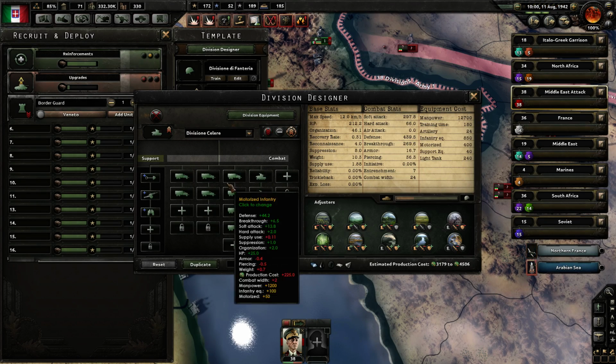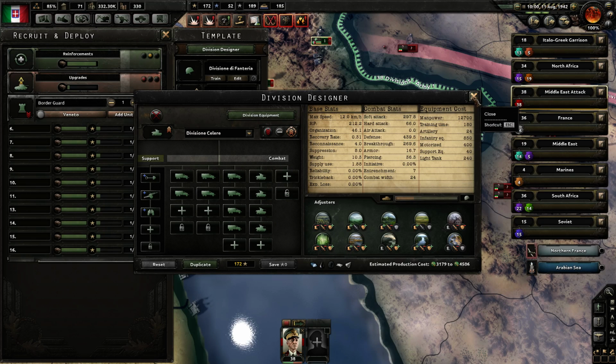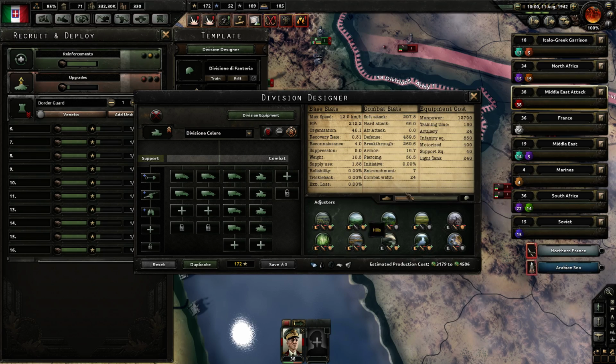And the big thing with tanks is that they have really good attack and really good breakthrough, but what they don't have is a whole lot of organization, which means they don't have a lot of morale, so they can't sustain a long fight. They will break quite quickly in a fight, but inflicting a lot of damage along the way. They'll inflict a lot of damage and then stop their attack, which is why you want to back these with infantry. Of course, this is crazy, and I think once...